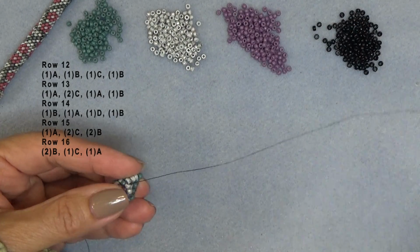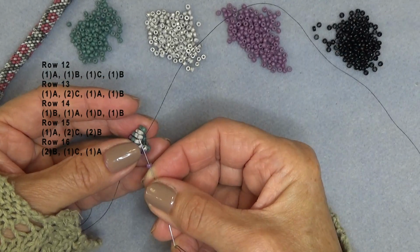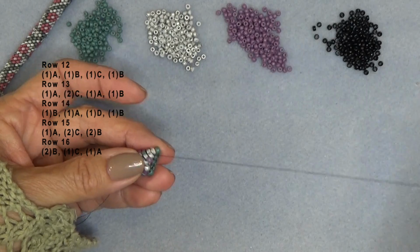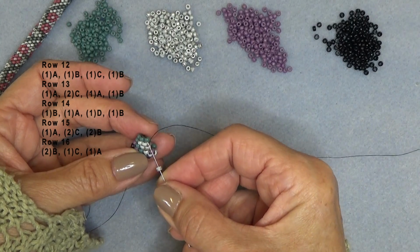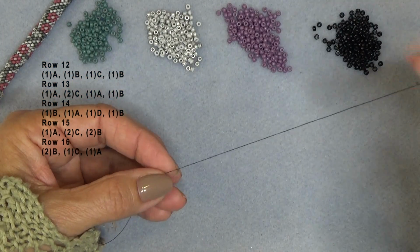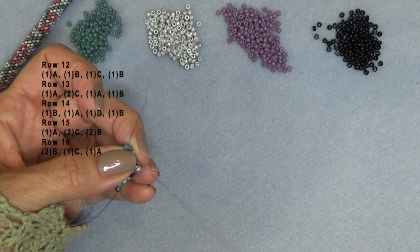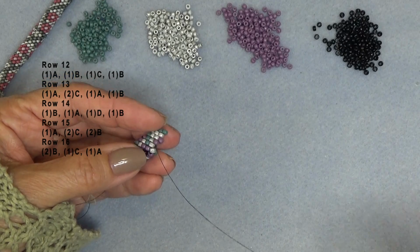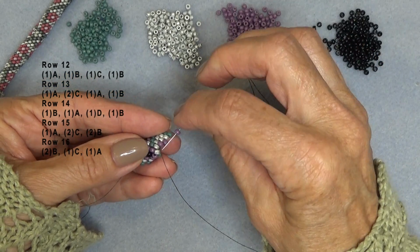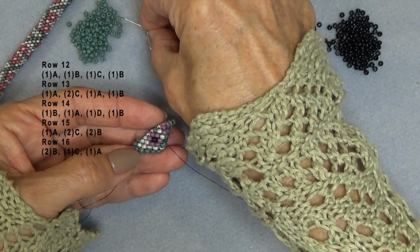A B. Just going through the sticking out beads. A C. And a B. Now row 13, an A, and back down, a C, a C, an A,